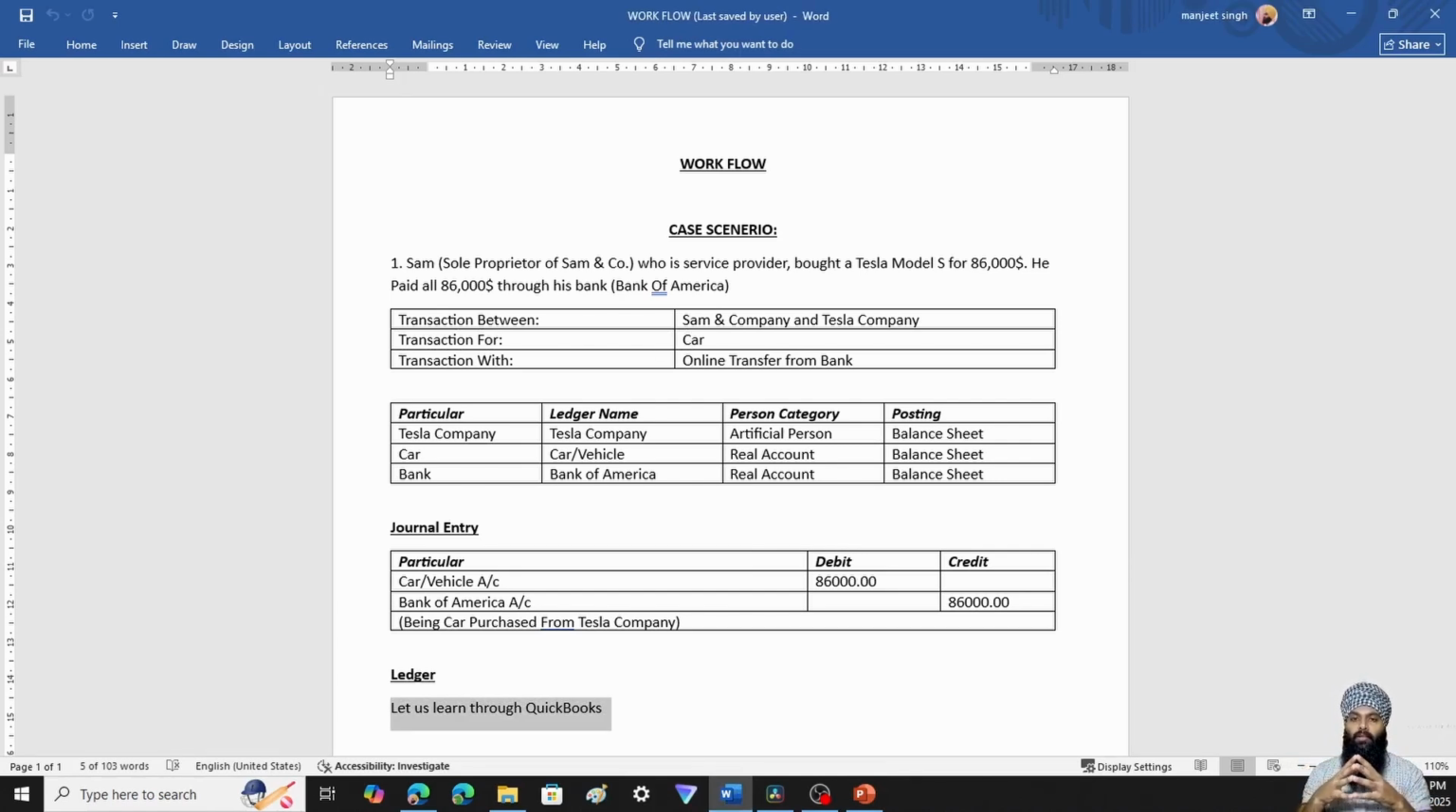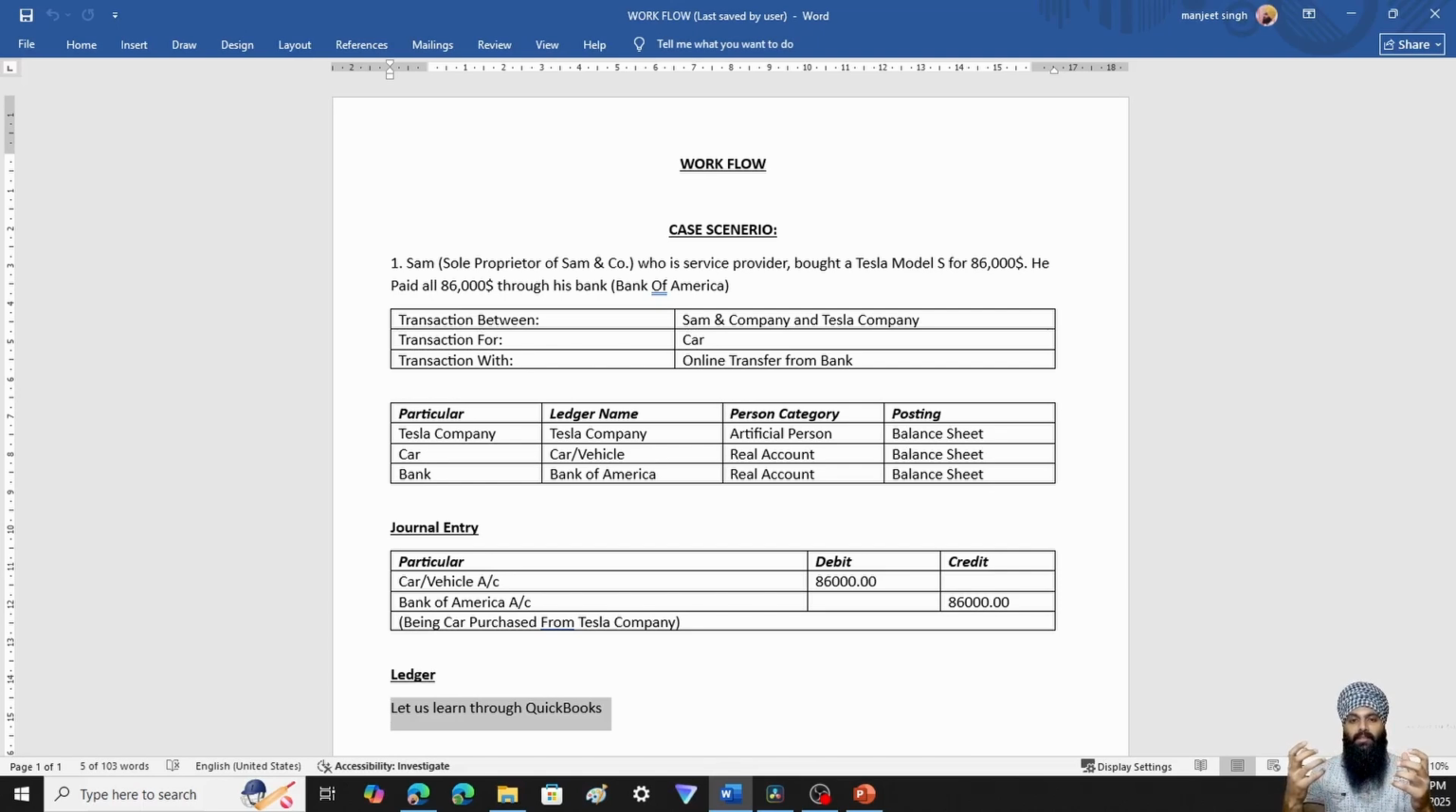A sole proprietor of Sam and Company, who is a service provider, bought a car for his company for $86,000, right? And as you can see here, a transaction between Sam Company and Tesla Company. Tesla Company will be a vendor company since we are going to pay them. Transaction for car will be the asset which is going to be the part of balance sheet under tangible assets,